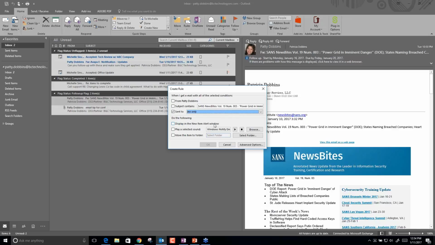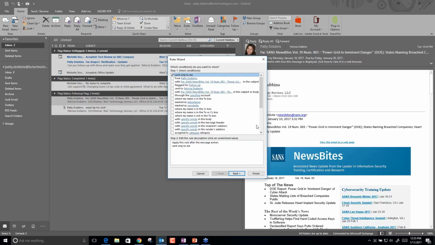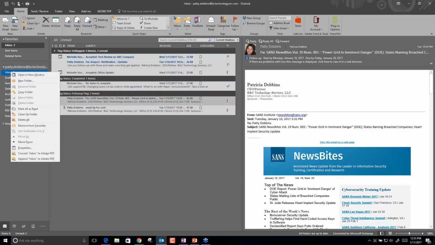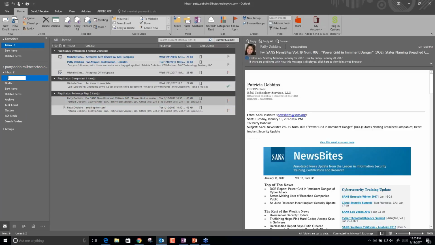Maybe if it's something from your boss, you want it to pop up in your face when he emails you. That certainly is something that can be set there, creating a sound, moving it to a folder. That one's pretty common. You may have newsletters that come in that you want to just send to a box that I create. So let's say in this case I'm just going to come in and go New Folder here,